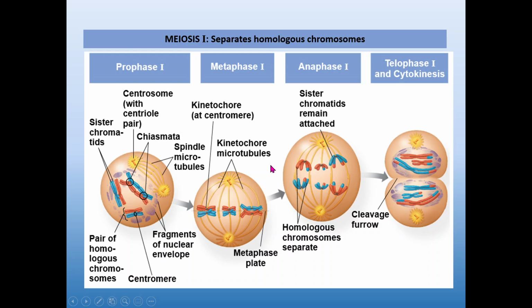So here's just a zoom in of that so you can see we have red and we have blue sister chromatids. They meet up. They're going to exchange that genetic material. And you can see as we go through the various phases, once we start separating them, some of them have blue with a little bit of red, some of them have red with a little bit of blue, and varying amounts of each.